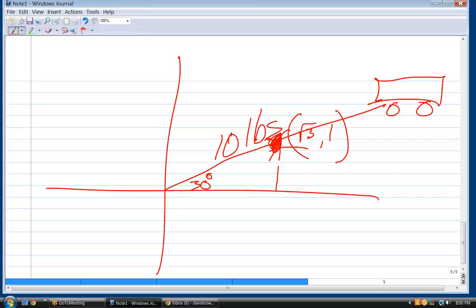Okay? You with me? What would be very useful to know is what is the vertical force on that and what's the horizontal force. In other words, if I had 2 trucks, if I had a truck up here pulling on this chain